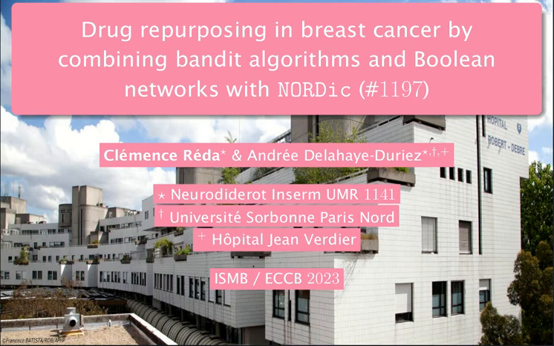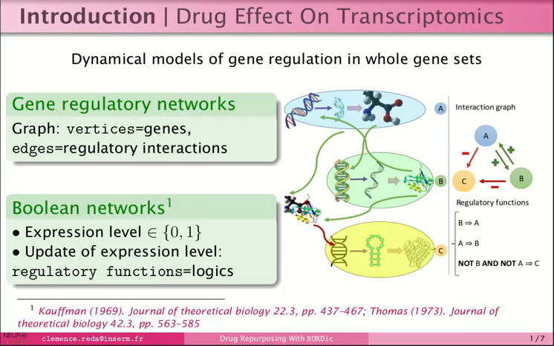In order to model the drug effect on patients, we resort to Boolean networks. Boolean networks are powerful graphical representation of dynamical gene regulation in whole pathways. Vertices in the graph are biological entities, for instance genes, and edges represent regulatory interaction between those entities, which will affect the transcriptome. The specificity of Boolean network is that the expression of gene is binary, meaning that 0 stands for weakly expressed and 1 for strongly expressed. And the update of the expression level is mediated by the evaluation of a logical formula, which involves direct regulator